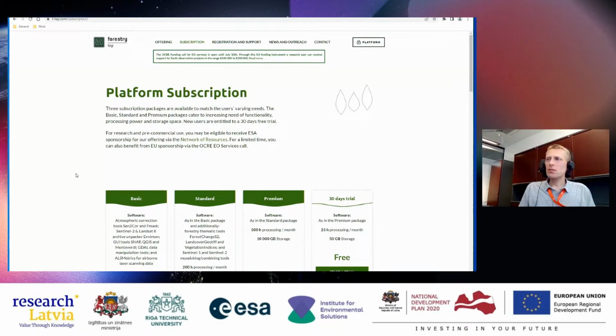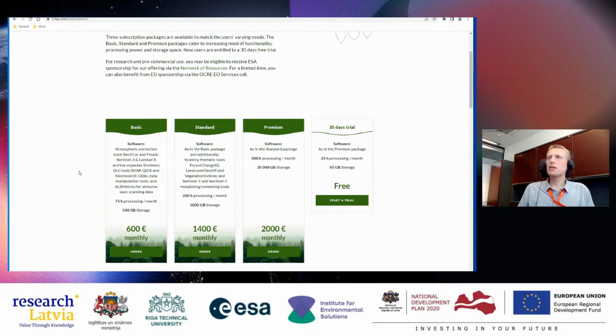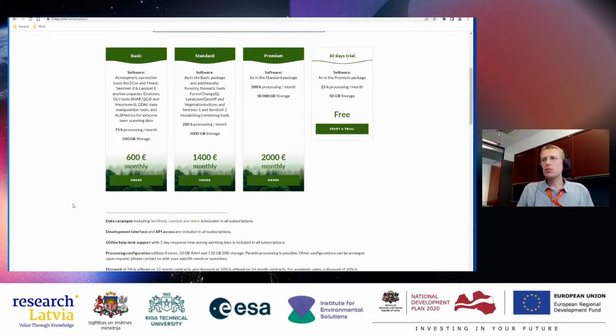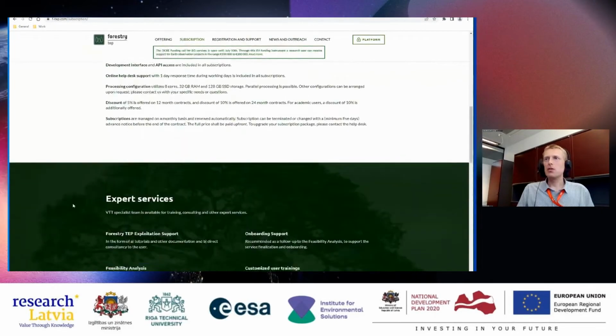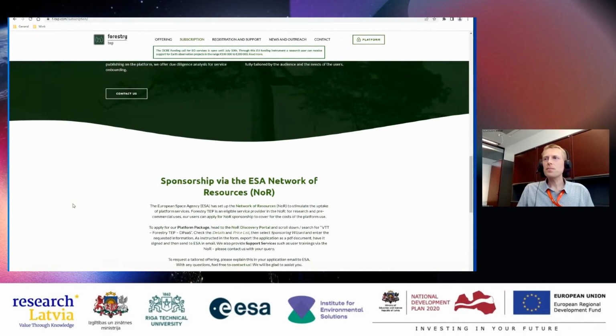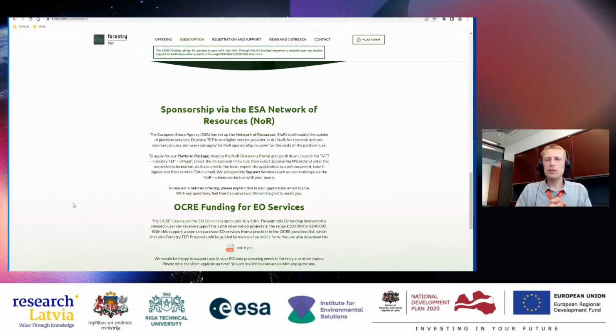And then on the subscription page, you can find information on what the different kinds of packages are. And as you notice, this is not a free platform, but don't be too worried about that, because there are different ways of actually applying for funds for using this platform, particularly if you are using it for research projects.